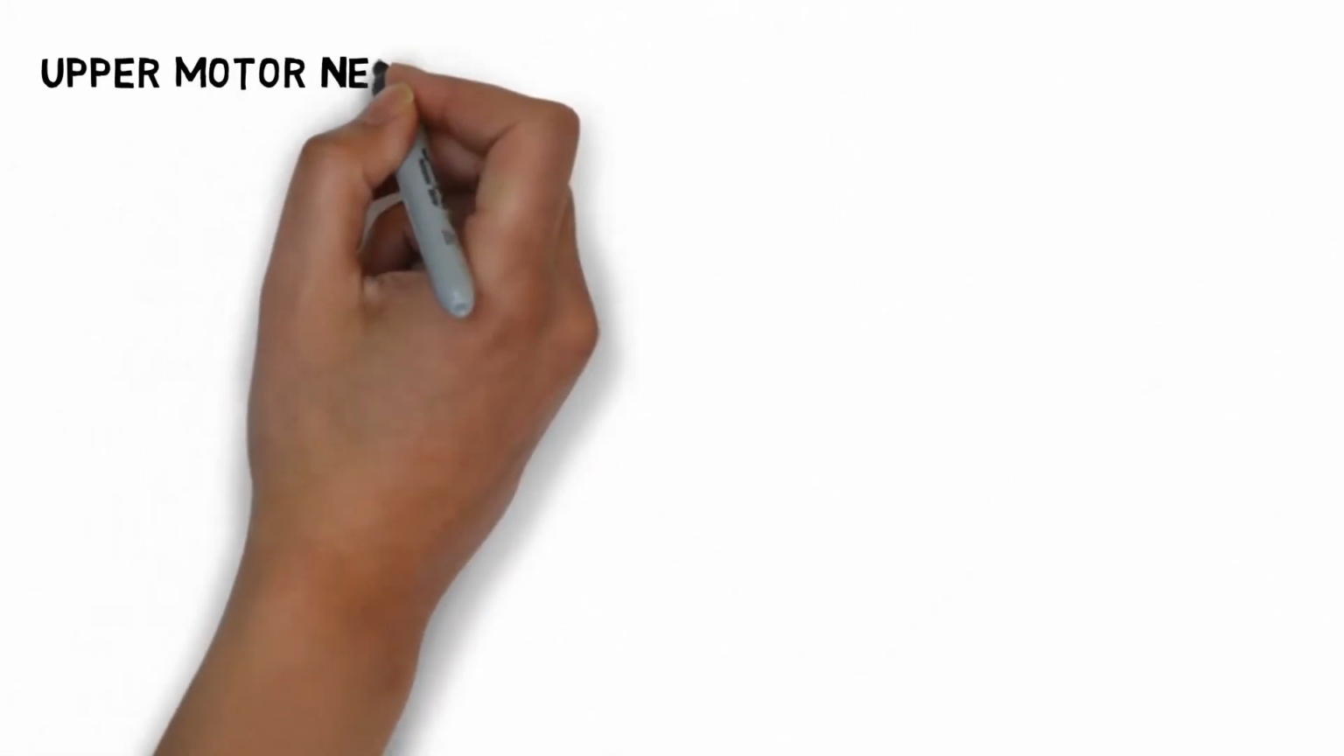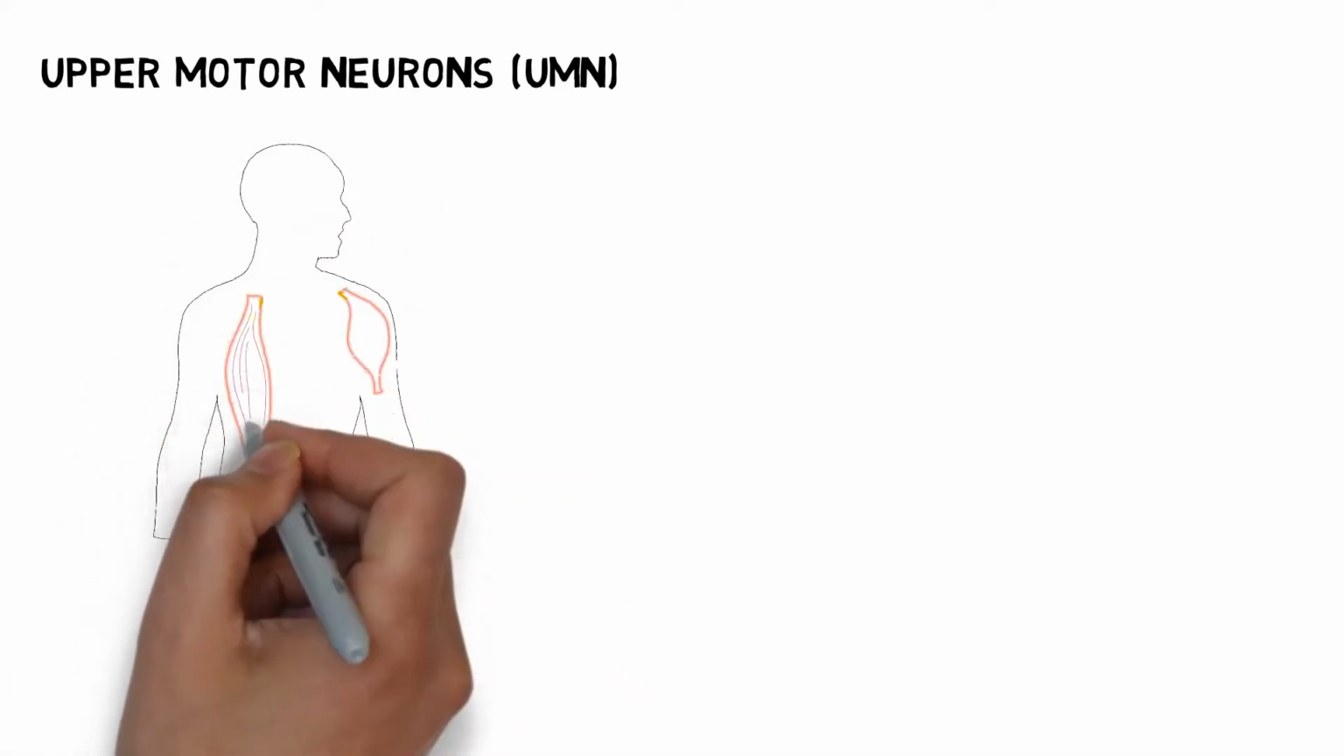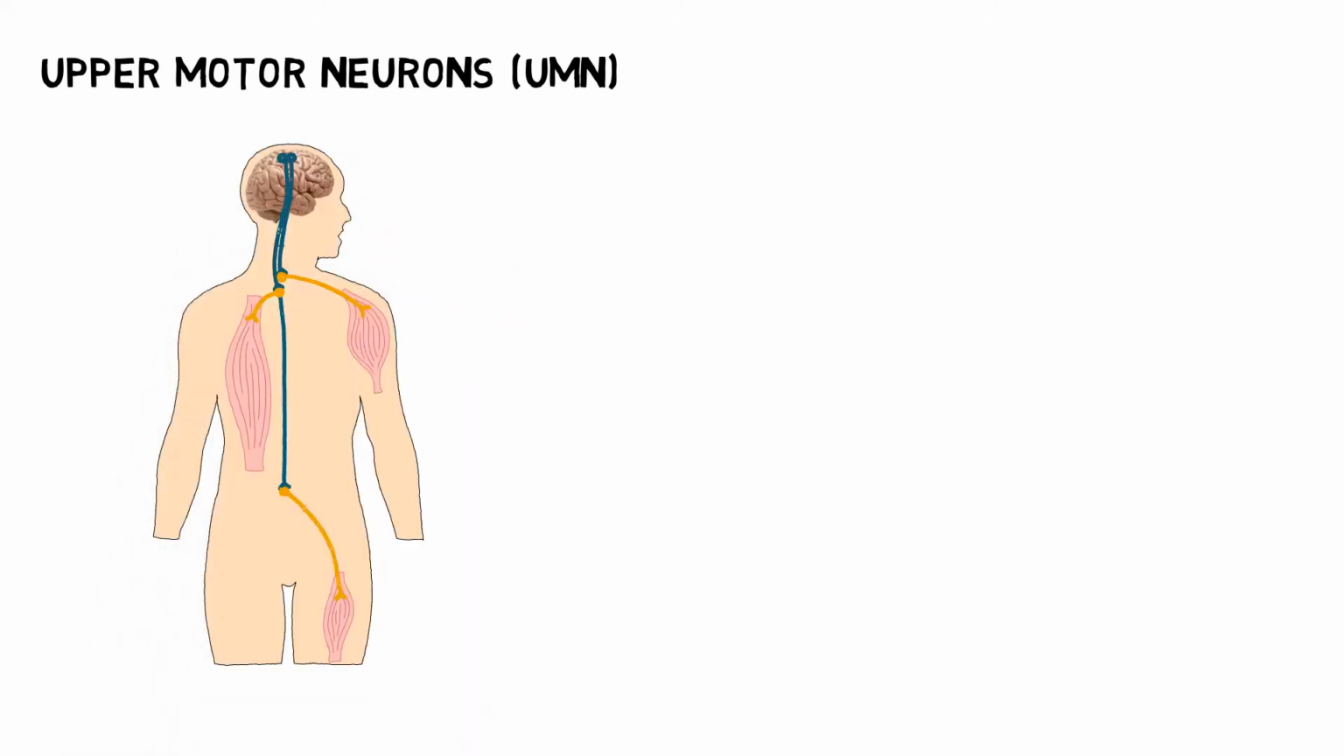This is the video on the upper motor neuron. The upper motor neuron is so described because it is on top of the nervous system, both physically and evolutionarily. The soma of the neuron lives in the brain, either in the cortex, in the deep brain nuclei, or in